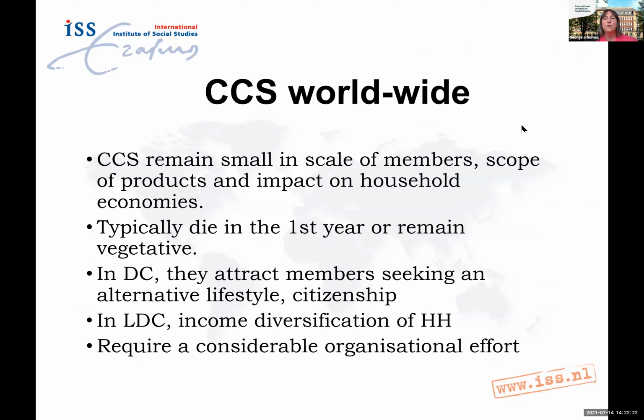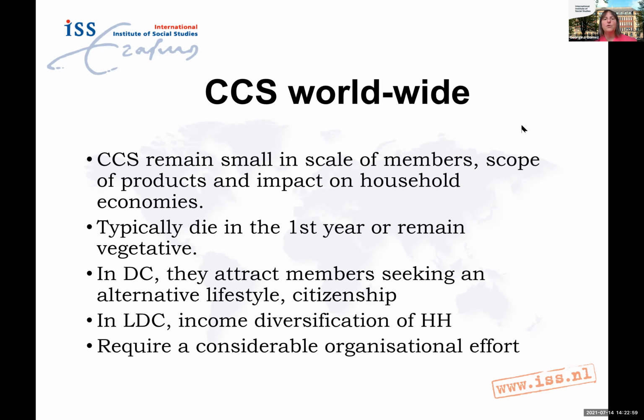First, let me emphasize that we are talking about an instrument. Complementary currency systems are usually small in scale. They usually have a limited number of products and services that you can buy with it. You're not going to pay Shell or Esso for petrol with these currencies most of the time. But if you think about poorer households, they can make the difference between having food, access to food, food security, better food, and so on.